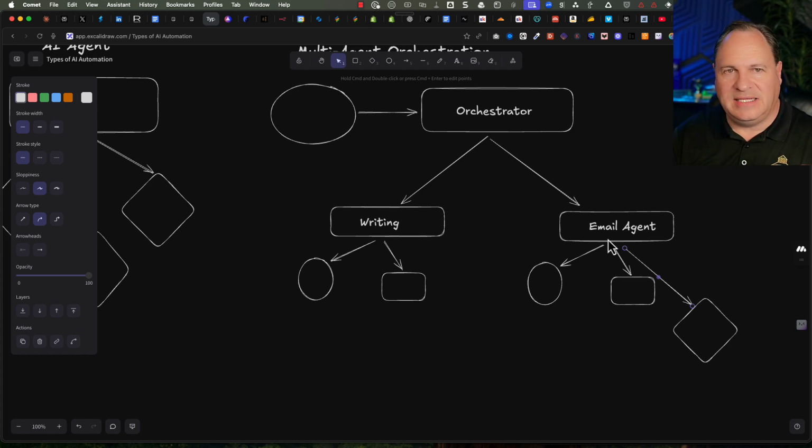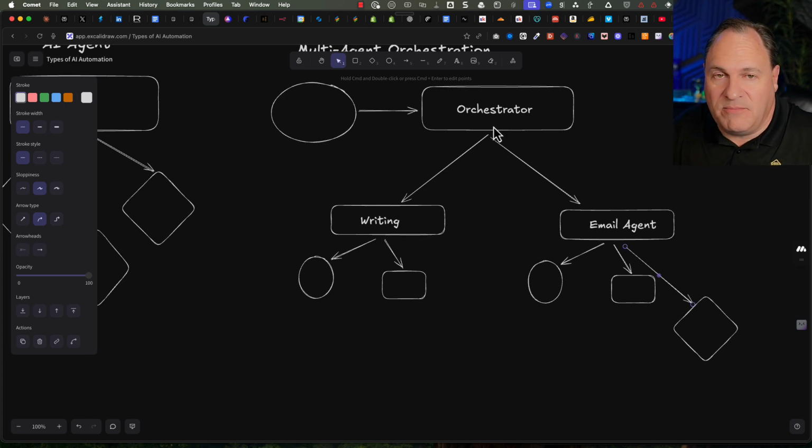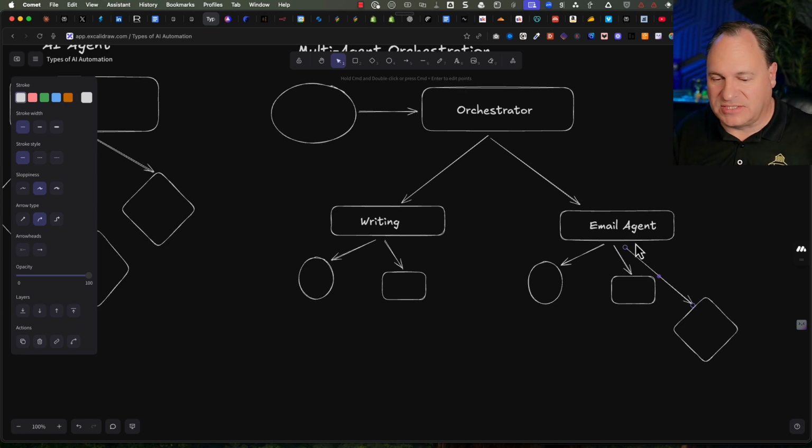Oh, wait a minute. I need the email address. So it reaches back up to the orchestrator and says, hey, did they send you an email address? Orchestrator says, yes, I'll give you the email address. That gets put into the email. And then it says, well, wait a minute, I'm supposed to send the article. So it reaches back out to the orchestrator and says, hey, can I have that article? The orchestrator, who has it in their memory, sends it down to the email agent. The email agent says, great. Now I've error tested. I've got the email address, I've written the email, and now I can send the email out to the user. And so it actually sends the email. So as you can see, this one orchestrator can command a whole host of different agents.